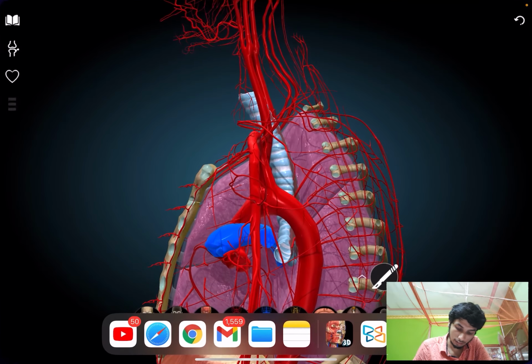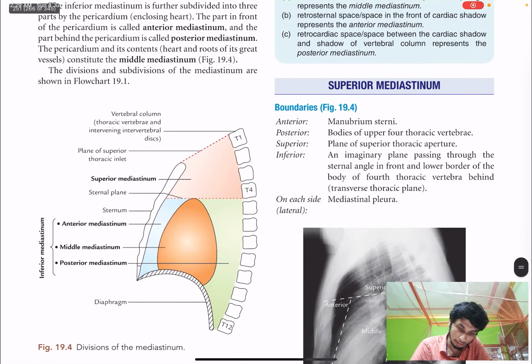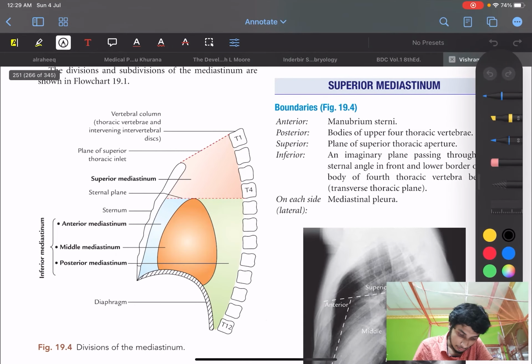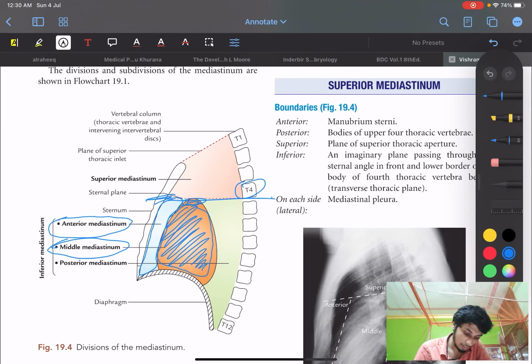So now let's discuss the inferior mediastinum. Before that, see this picture. This is the apex of heart, T4, and here is the sternal angle and transverse thoracic plane. This part is the anterior mediastinum, this whole part is the middle mediastinum, and